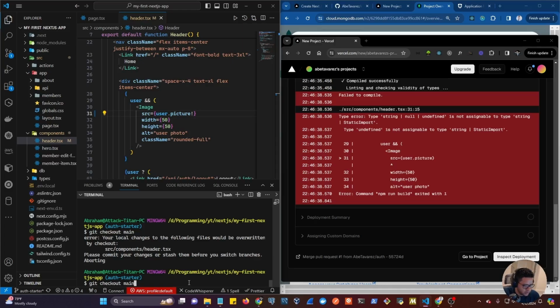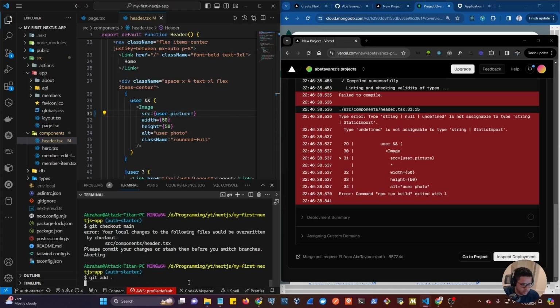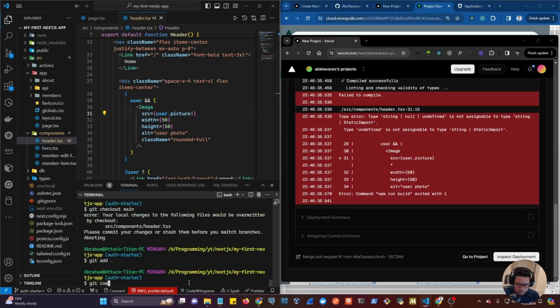Okay, that's fine. Okay, let's do a git add dot, git commit -m. Let's say fix no image error,